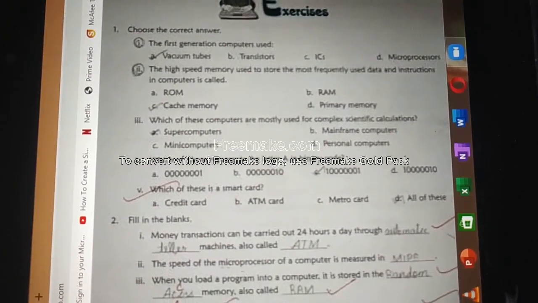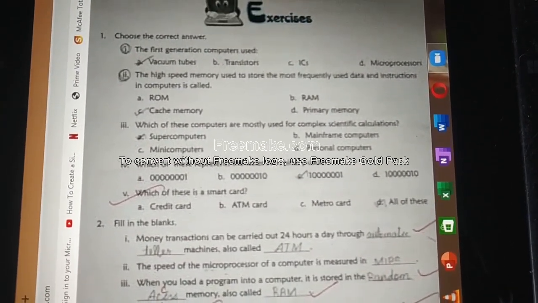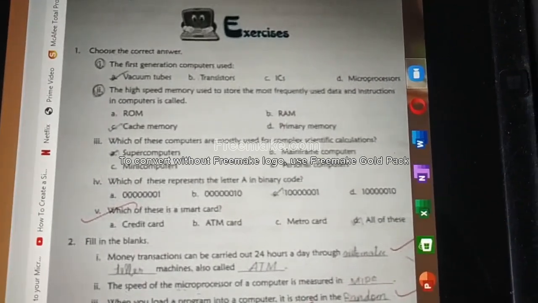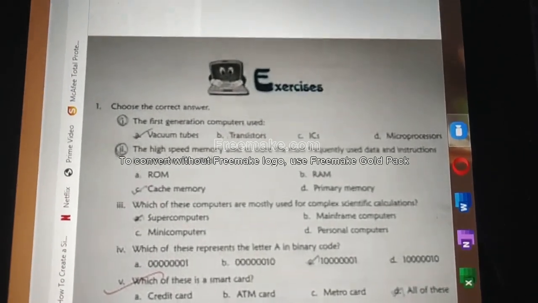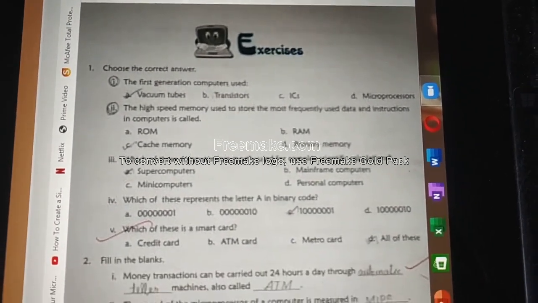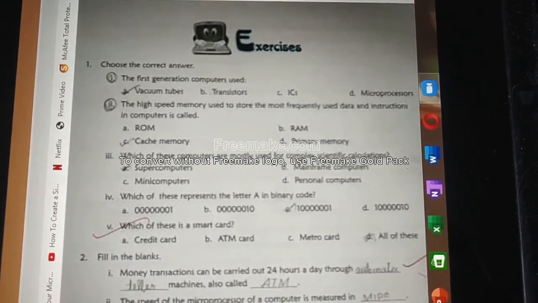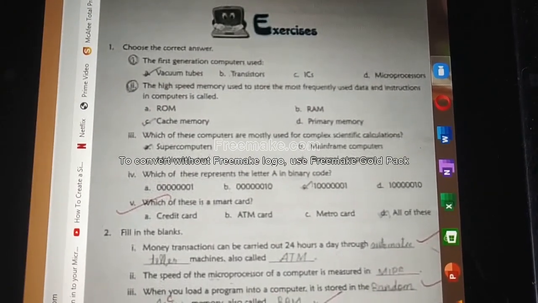Choose, fill-ups and true or false. All three combined carry 30 marks. I have sent you the question pattern. If you have not received it, you will receive it in 1 or 2 days. In the question pattern, there will be 1 mark questions for 30 marks and 2 mark questions for 10 marks. In 2 marks there is no choice. You have to answer all the 2 marks questions.